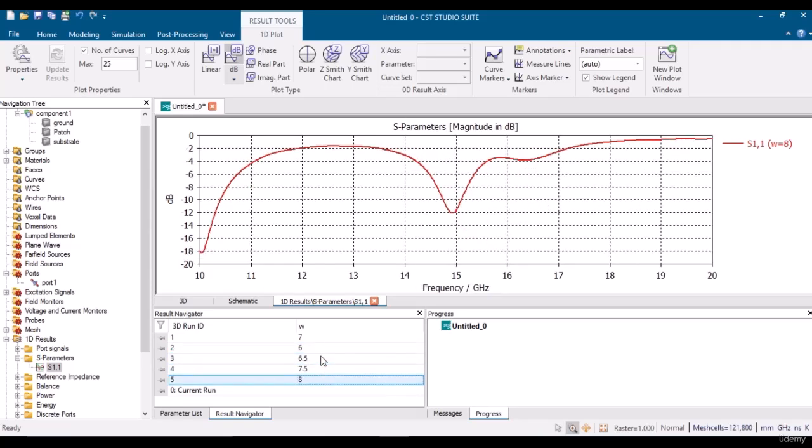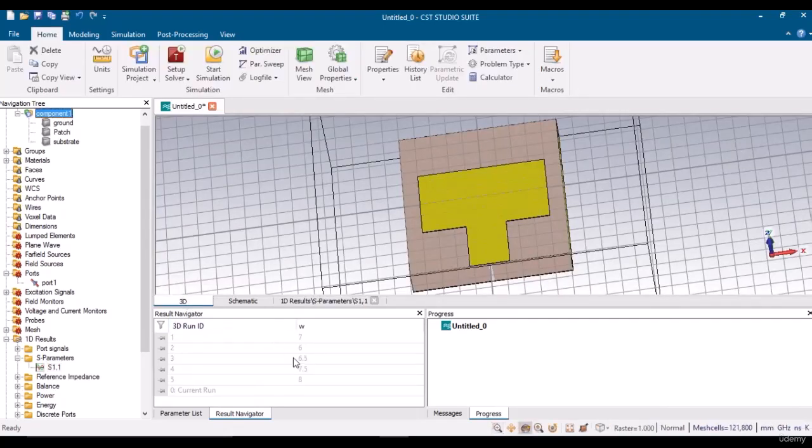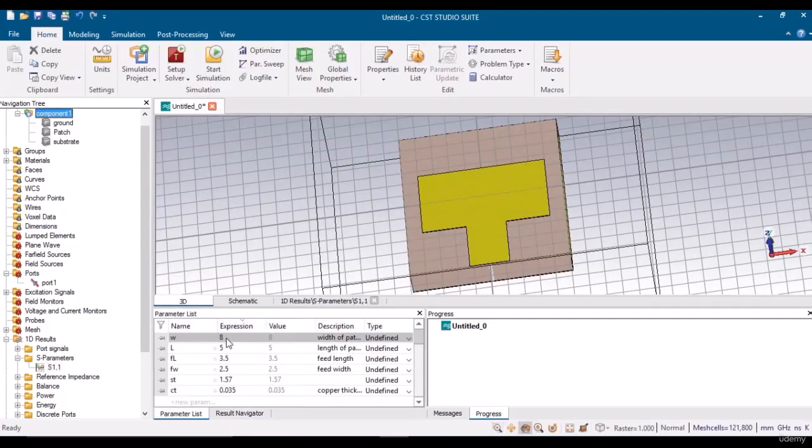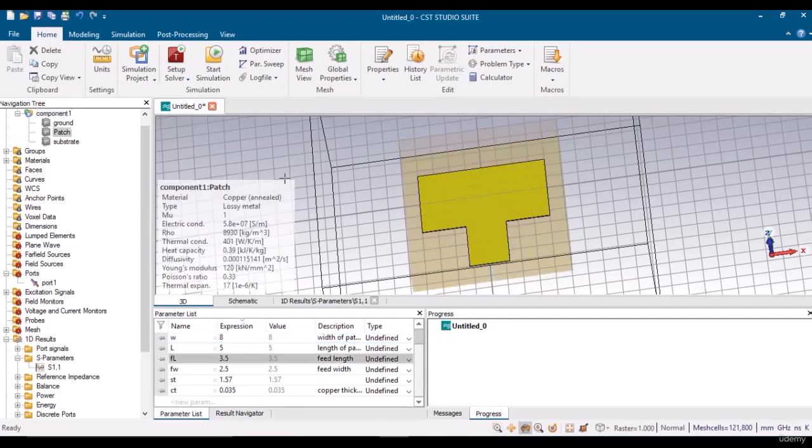So here in our case, if I change these values, I get different results because I have got 5 S11 results. In our case, I am choosing the antenna width to be 8 because for 8 I get more desired results. You can see here. So I will fix this value, the antenna width 8. So the parametric list W will be fixed to 8, which is already 8. So I will put in value 8 here. And